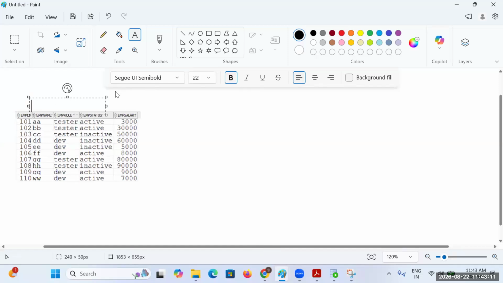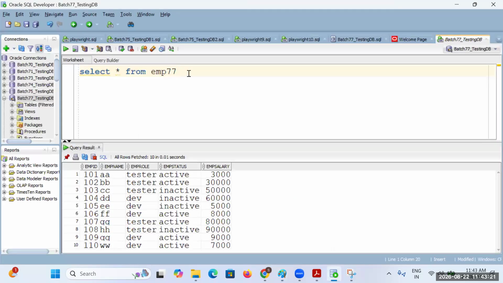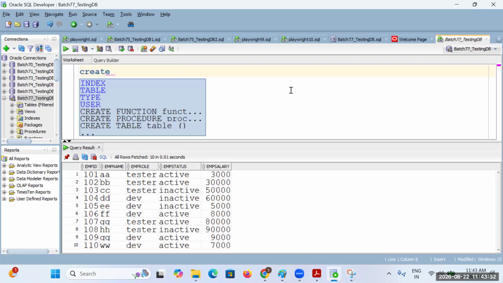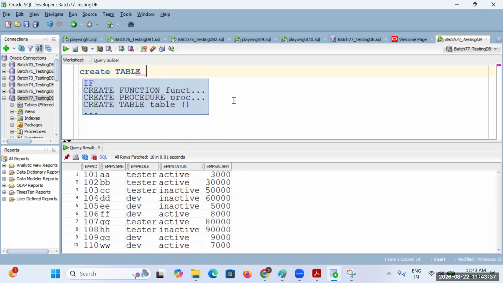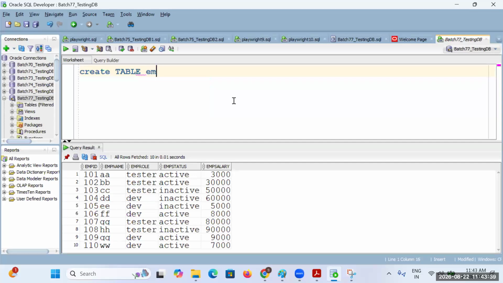So this particular table, we mentioned that it will be taking with employee 77. Now let's create one more table. Creating the table, we already know it. We'll be using that particular create command. It will be taking the create and then the table, and mention that particular table ID